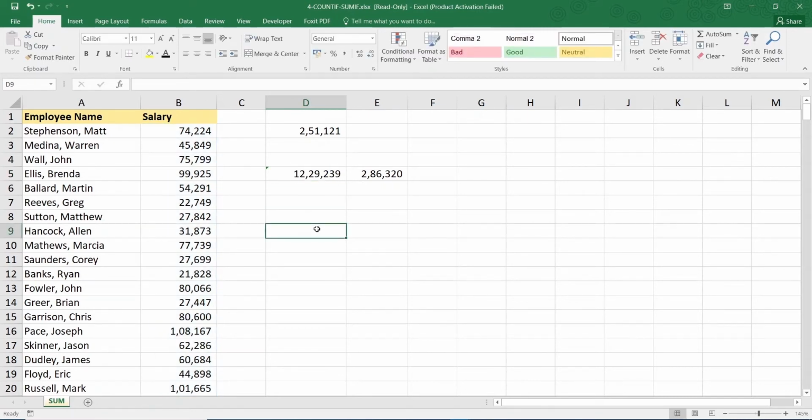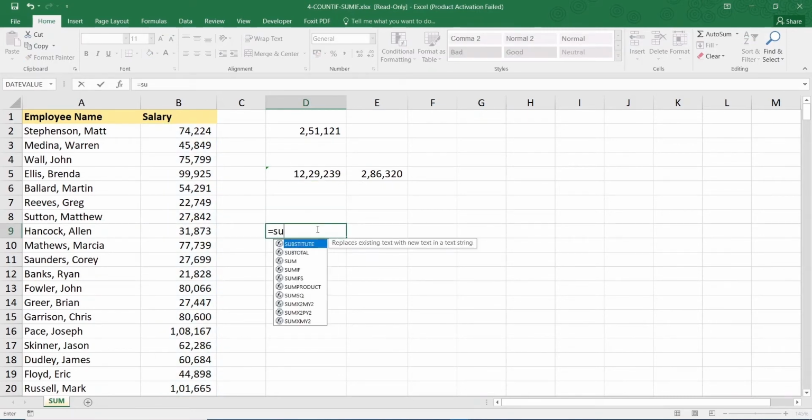Another thing that I would like to tell you about functions is once you enter a function and you either double click it or press the tab button, you see something over here, right? This is basically the syntax of the function, and this tells you a lot about what kind of values you need to put into this function.